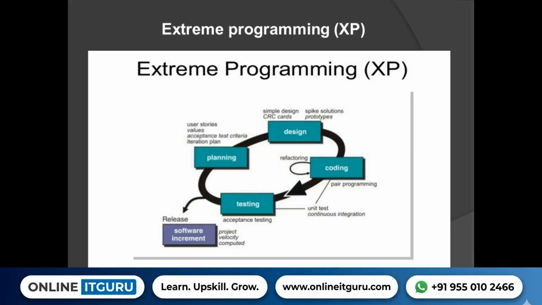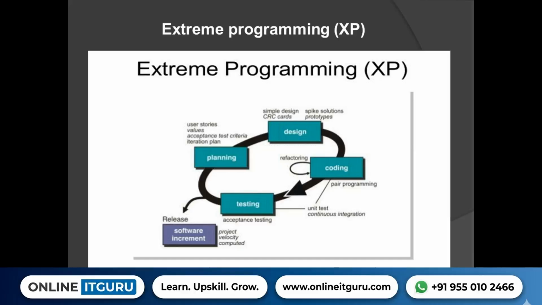And second one is design. The entire application is designed in a user-friendly way, in a simple design. Okay, we are not going to make our application very complicated. Whatever application we design, we will put that design in a simple way so that each and everyone can understand the design.